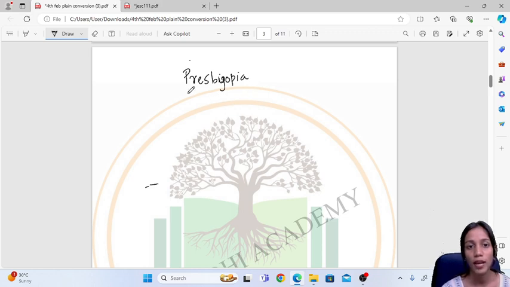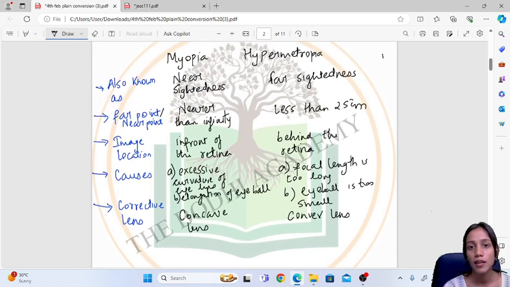Okay, so presbyopia is caused in older people when the ciliary muscles weaken, and because of the diminution in flexibility of the eye lens. Now people can sometimes suffer from both myopia and hypermetropia. At that time the person is prescribed bifocal lenses, wherein the top part of the lens is a concave lens which will help for myopia, and the bottom portion is the convex lens which will help for hypermetropia.